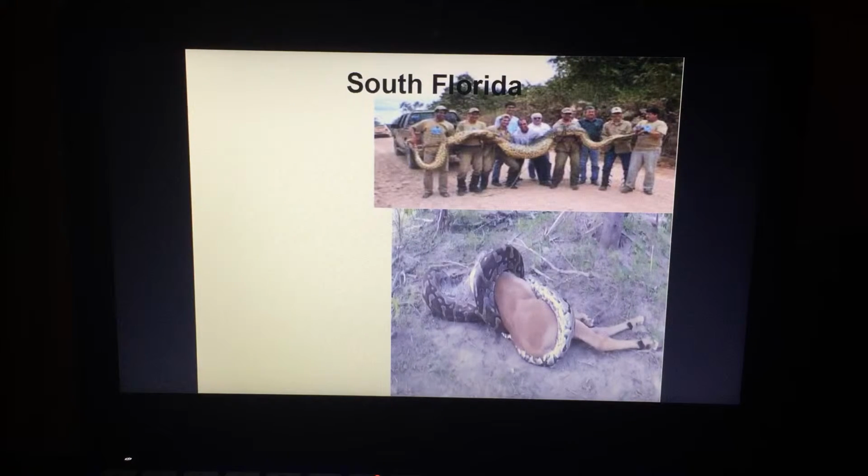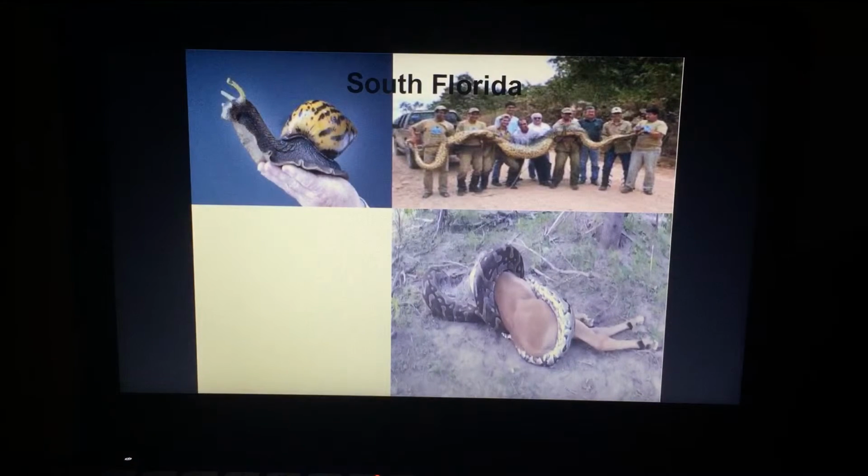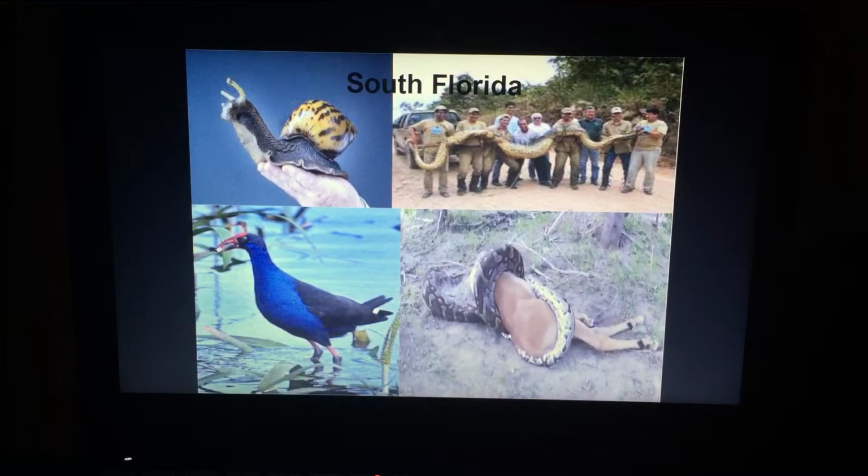You can also find giant African land snails in Florida, which can lay 30 to 1,000 eggs at a time, 6 times a year, and 90% of the hatchlings survive. And this is warned by actually a store in the UK, an online pet store that sells you these snails. And you can also find a ton of purple swamp hen in Florida, which escaped from Miami Metro Zoo during Hurricane Andrew originally, and now populate and breed in the wild.